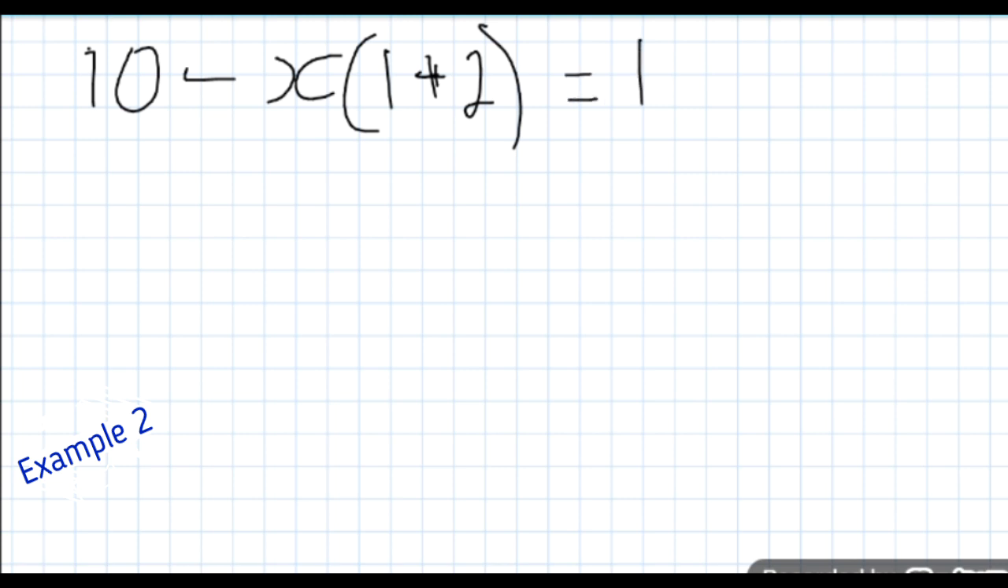Ten minus x, and in brackets you have 1 plus 2, is equal to 1. It's a very simple example. Now, all this time we've been showing you